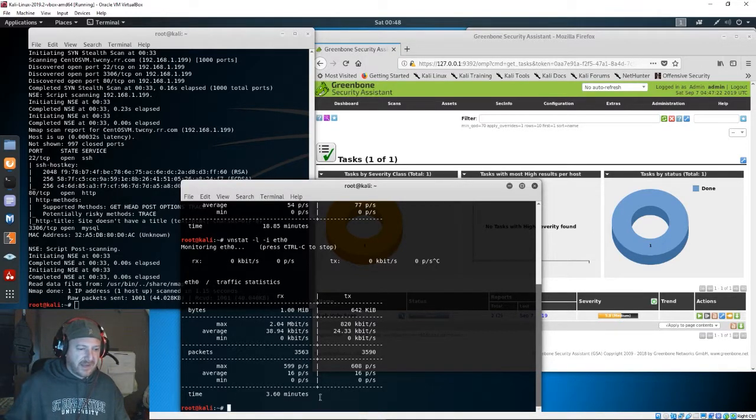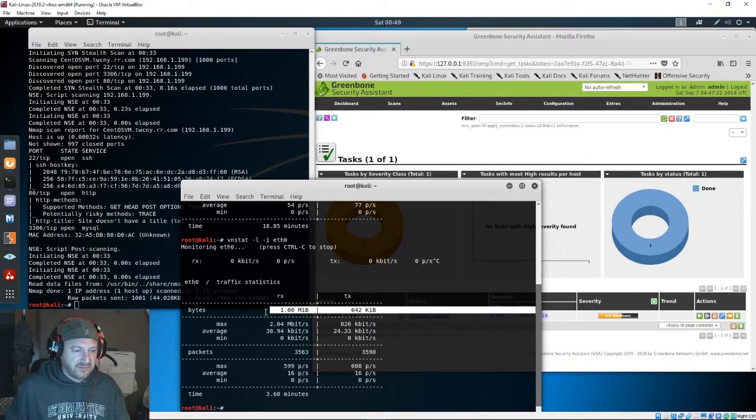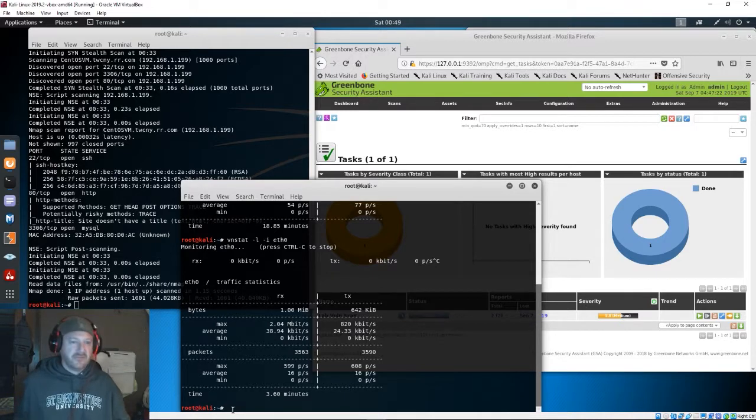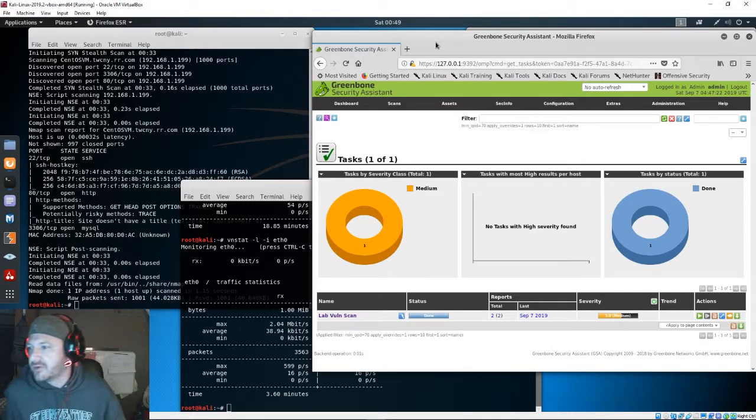And that took about 3.5 minutes. And as you can see, we have a meg and a half of data transmission for the bandwidth usage. It's not too bad. It doesn't give us a ton of information on real vulnerabilities. So we switch over to OpenVAS,